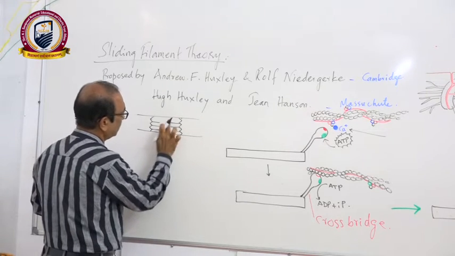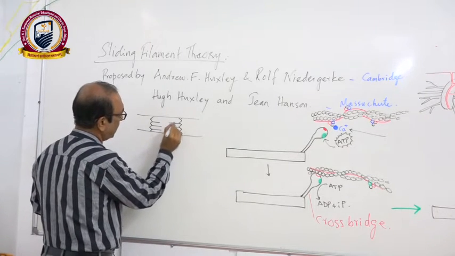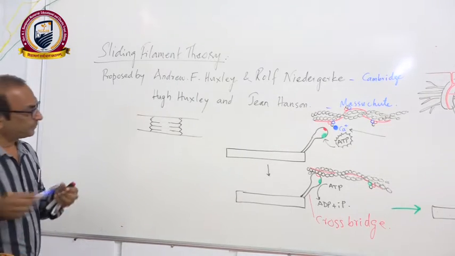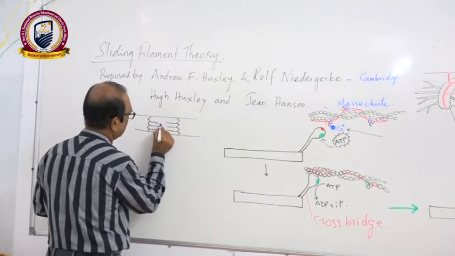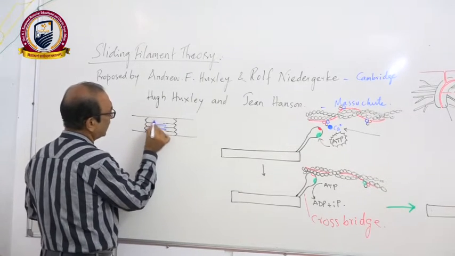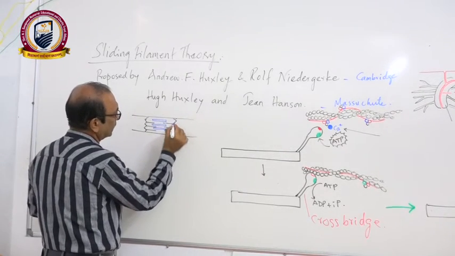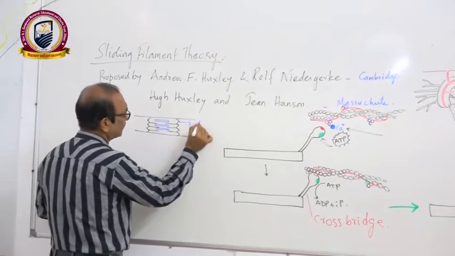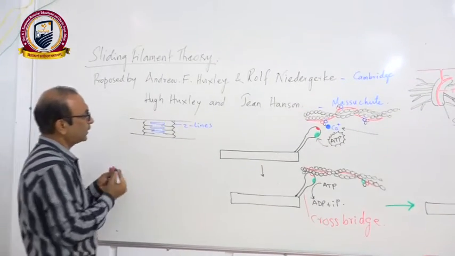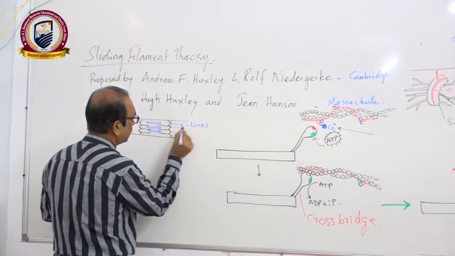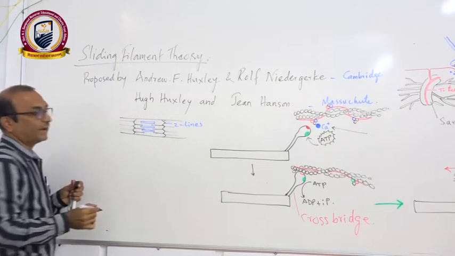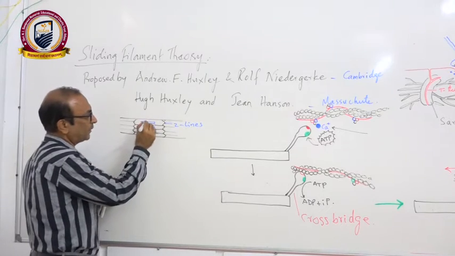Yes, so these are the actin filaments we have seen, and the myosin will be in the center. And we know that these are the Z lines, and the actin filaments continue into the next sarcomere also, on the other side of the Z line. These are the myosin,